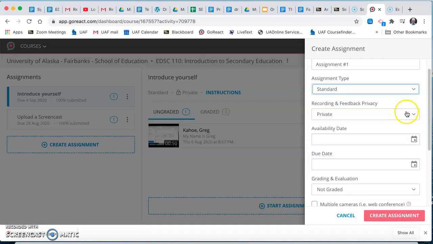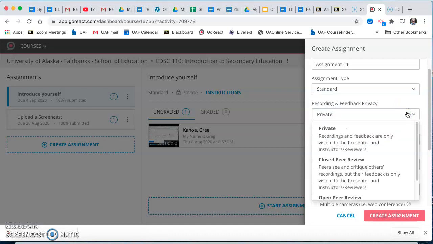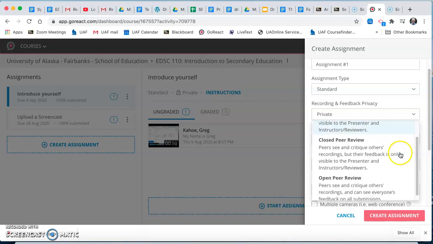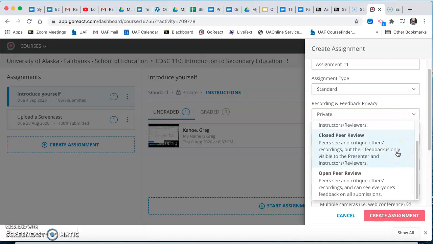And what you'll see here, there's another pull down, the levels of privacy that you have with this. So in private, the student is the only one that sees your comments. No one else can see your comments, and no one else can see the student's work. Okay. The next one is closed peer review. So in this one, the students can see each other's, but